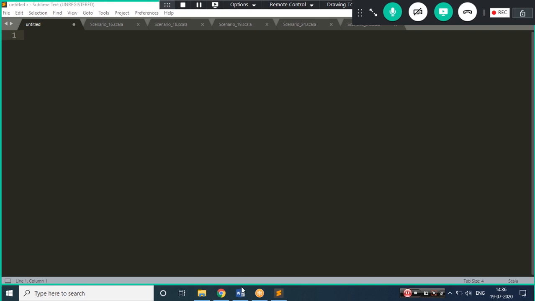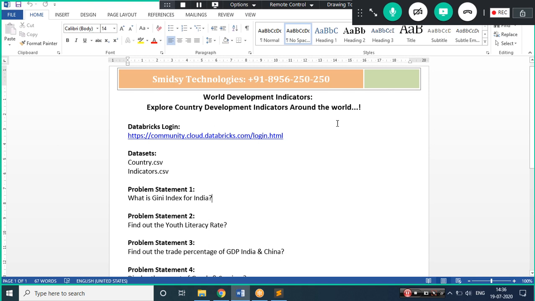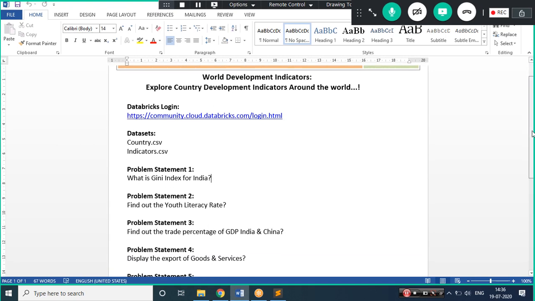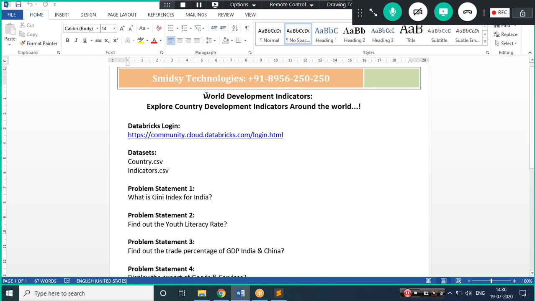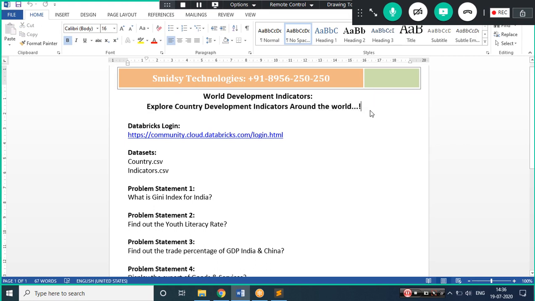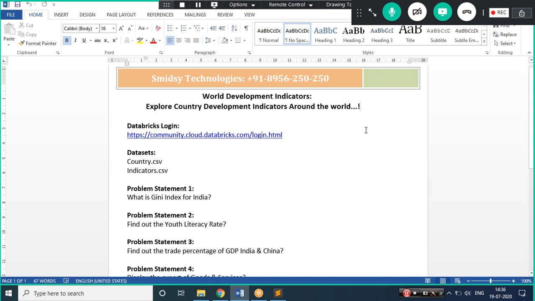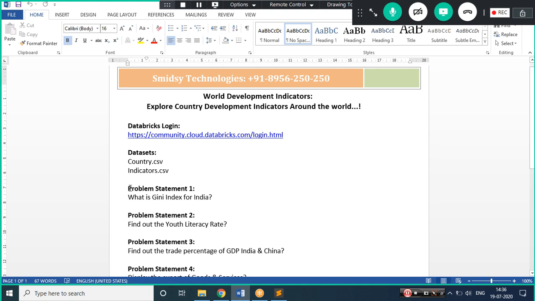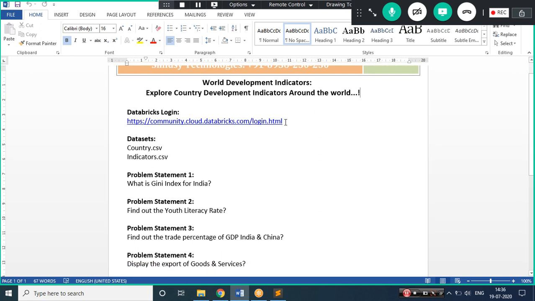Okay, so in this, what we are trying to see is a small use case. What I have done is we are just trying to explore the World Development Indicators. I'll try to show you how to create the cluster, how to navigate, and everything I have learned in this project. I'll share that, and we'll try to solve these 5 questions. So let's start without wasting time.